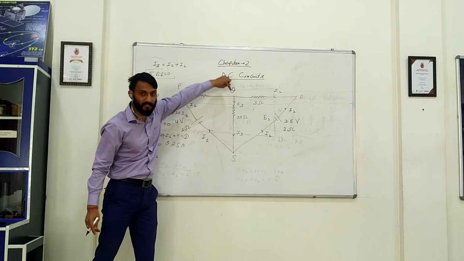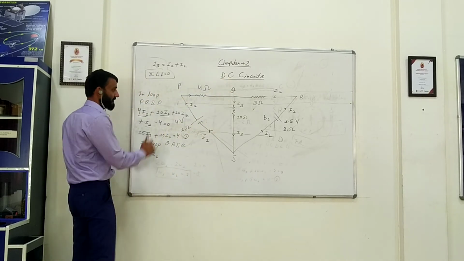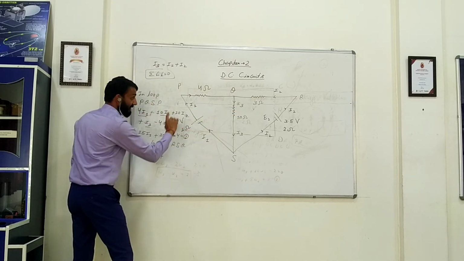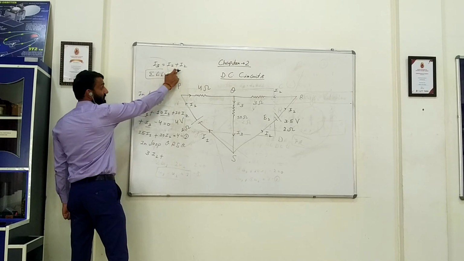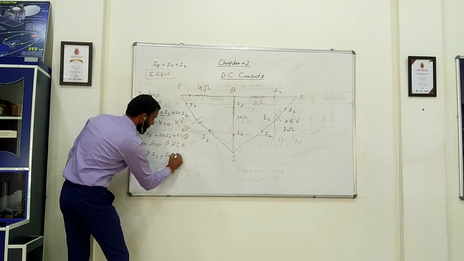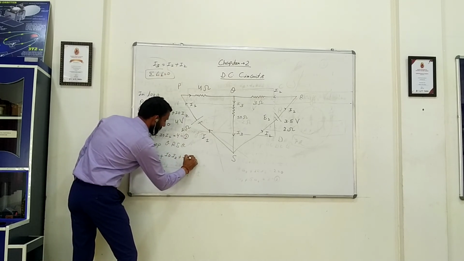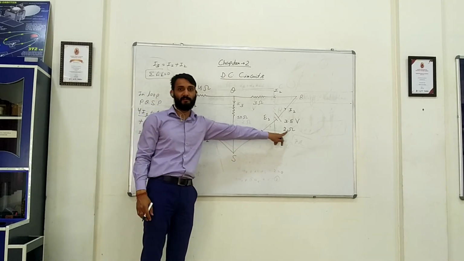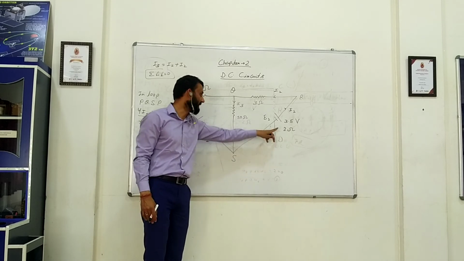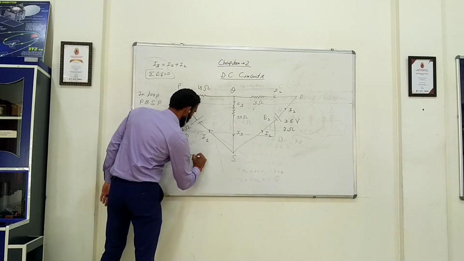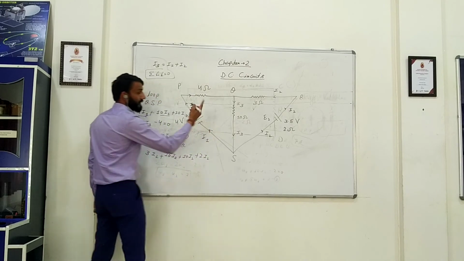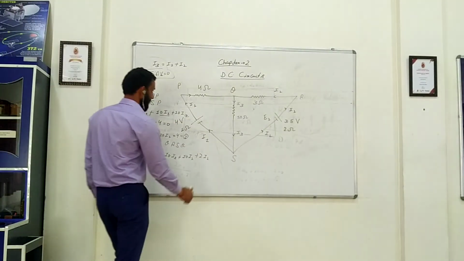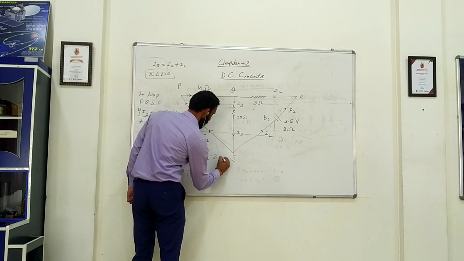3I2. Positive or negative? Positive. Why? Moving in the direction of current. I3 this. So I3 multiplied by 10, and I3 consists of these two. So 10 I1 plus 10 I2. Then going back, I2 multiplied by 2, internal resistance of the cell. So plus 2 I2. Then reaching the positive or the negative of the battery? Negative. So therefore minus 3.5 is equal to 0.